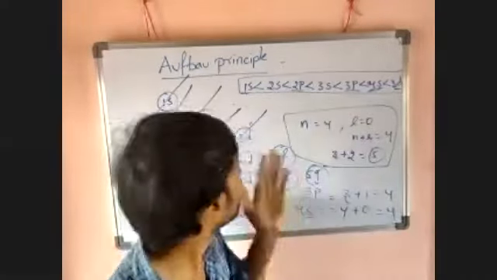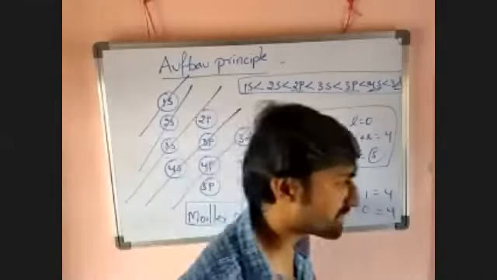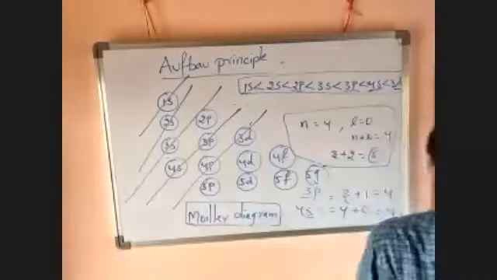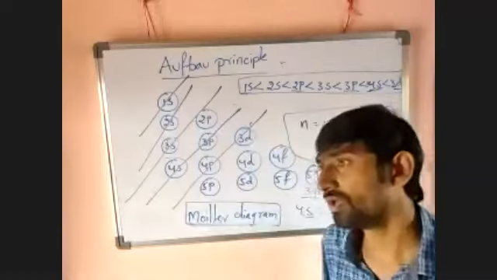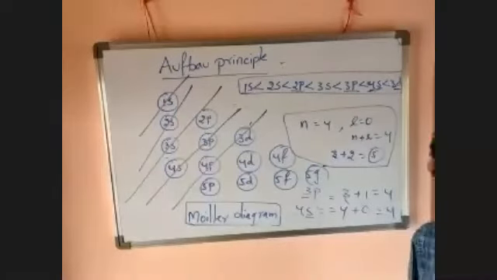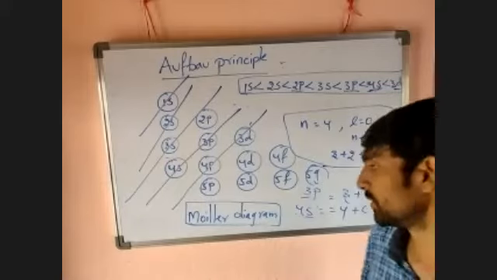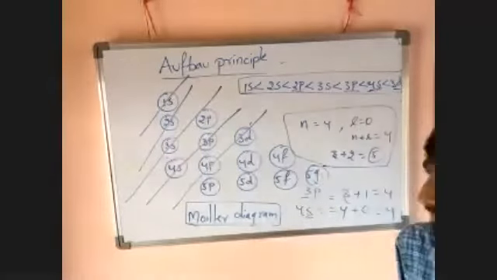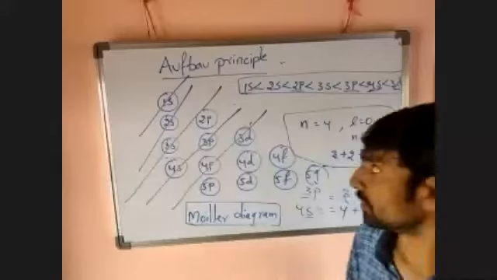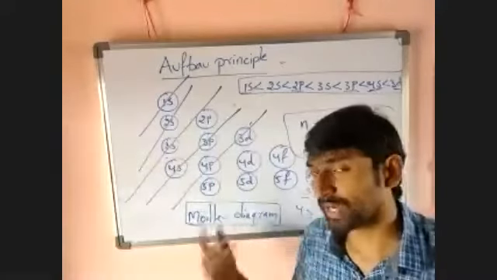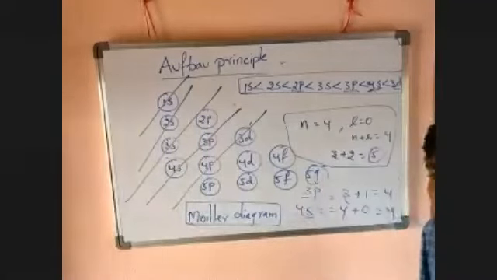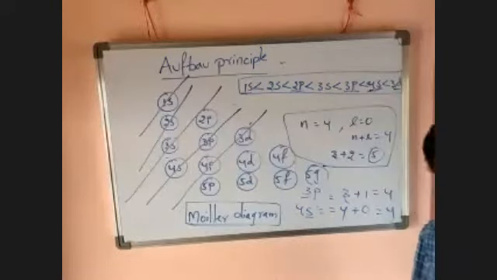So what is the Aufbau principle? What does it say? Filling of electrons takes place in increasing order of energies of atomic orbitals. We can easily remember it by using the diagram. In your textbook, they mention it in a colored diagram. You have to practice that. Who knows that?